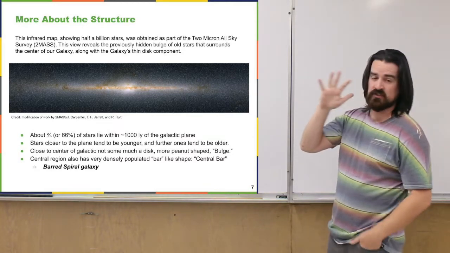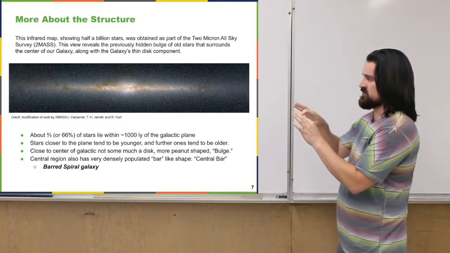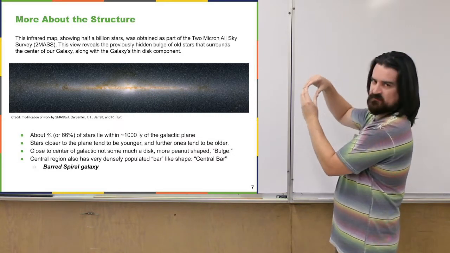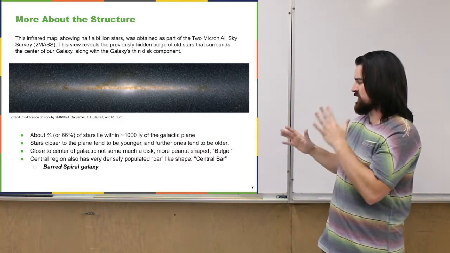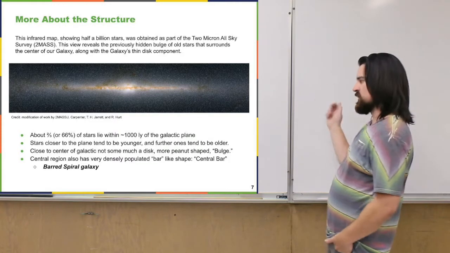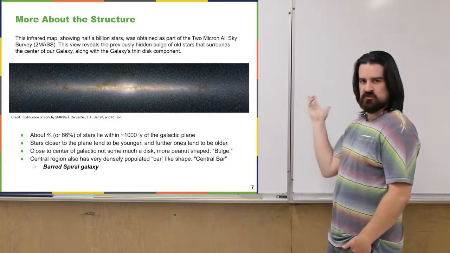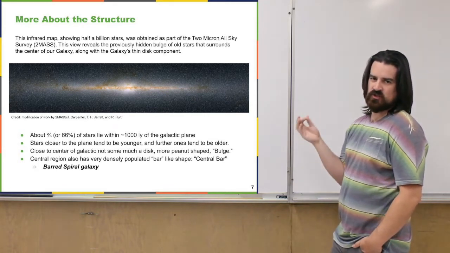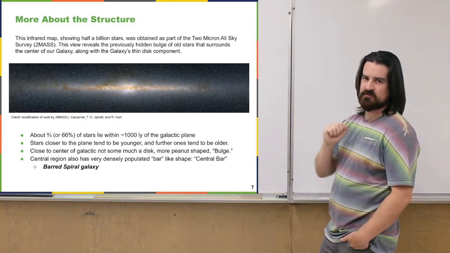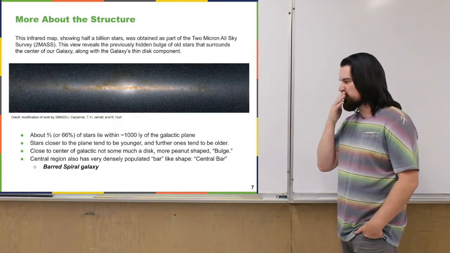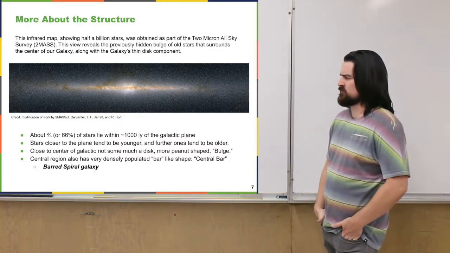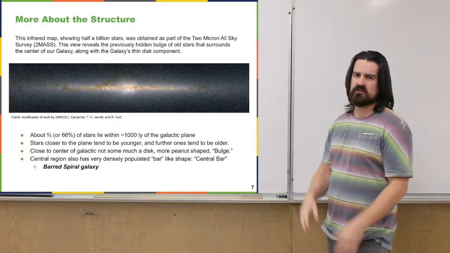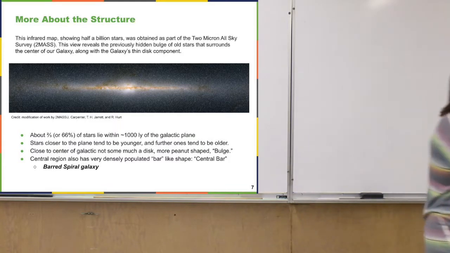And as I said earlier, the center also doesn't appear to be particularly round. That peanut shape also means it's like a bar if you look down on it. So this central area, we also call this central bar, and given that our galaxy is spiral shape, put those two things together, you would call our Milky Way a barred spiral galaxy. So there could be spiral galaxies that don't necessarily have that bar. And we'll get into more kinds of galaxies later on too. There are galaxies that aren't really spiral at all. Yeah, a little more about that later.